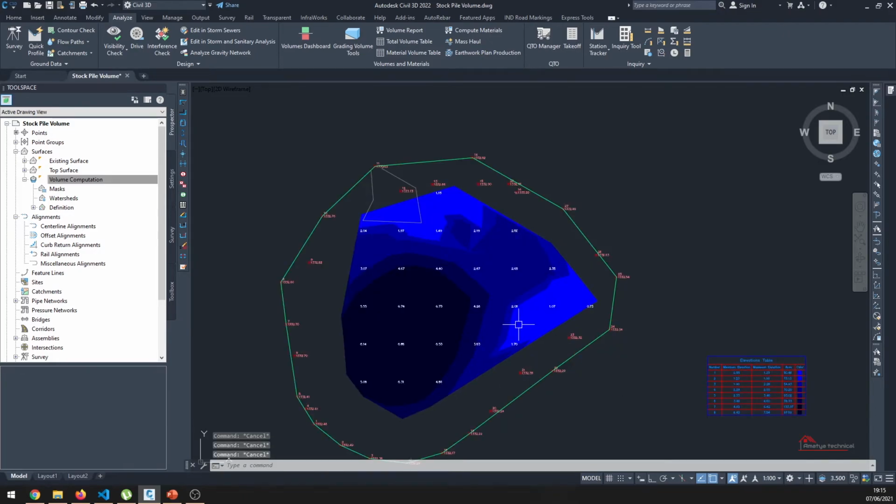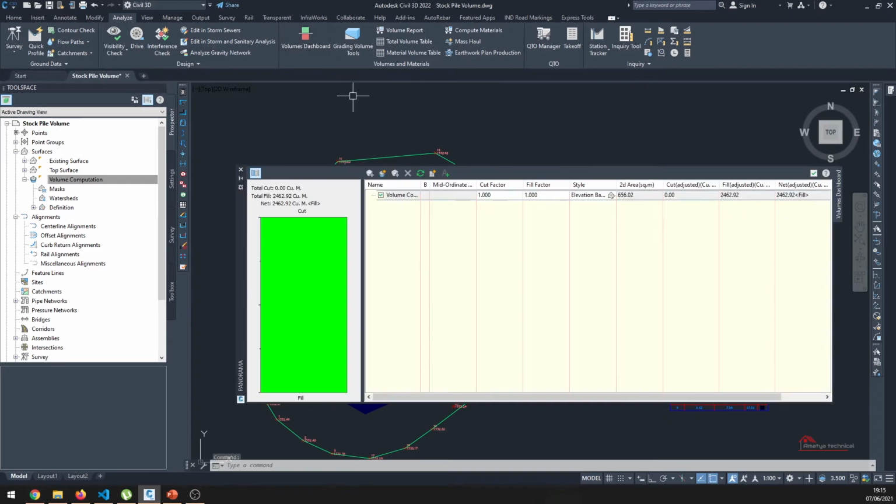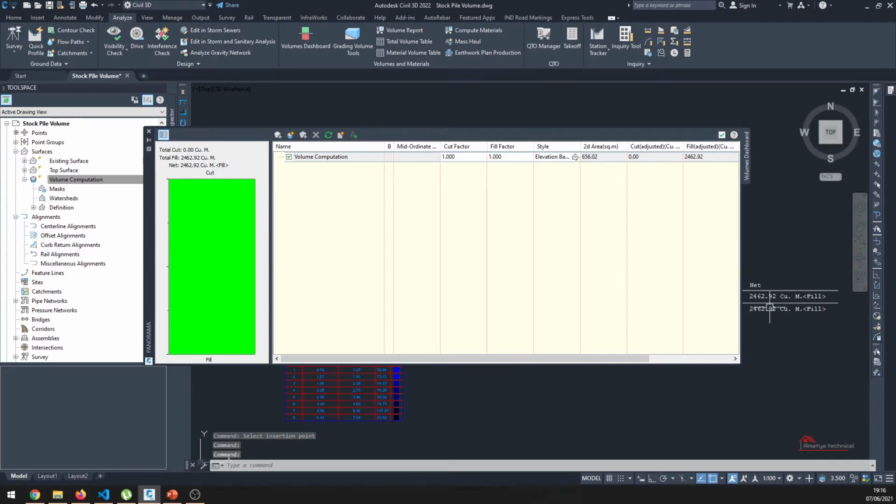You can also extract the volume table. For this, all you need to do is click on the Analyze tab and go to Volume Dashboard. In the previous chapter I already added the volume computation, so you can click on this add button and click here, and your volume has been written here.